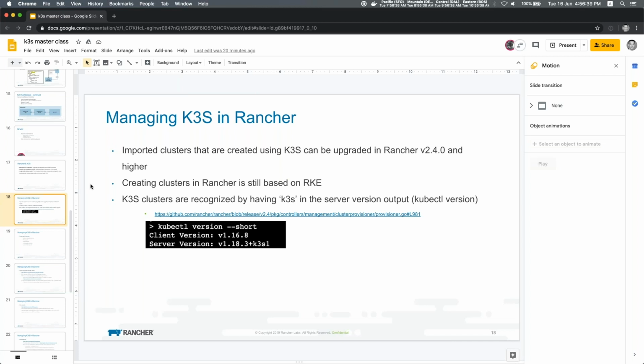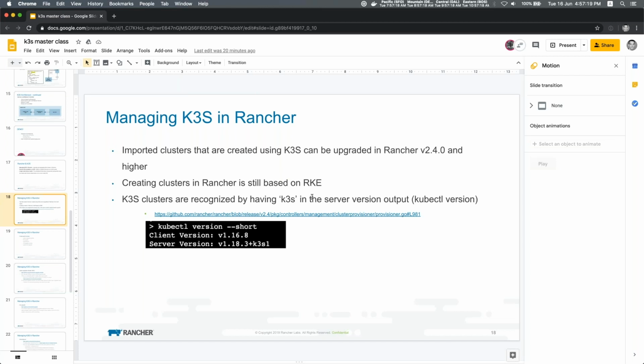So you'll still need to create the clusters using K3s, which was shown by Hussein before. Either way you want to set up your cluster, you will still need to create your own K3s cluster. Then to manage it, you can import that cluster into Rancher, and it is based on the K3s server version, which you can see on the bottom here. The version that we create has K3s in the version number, and that's the